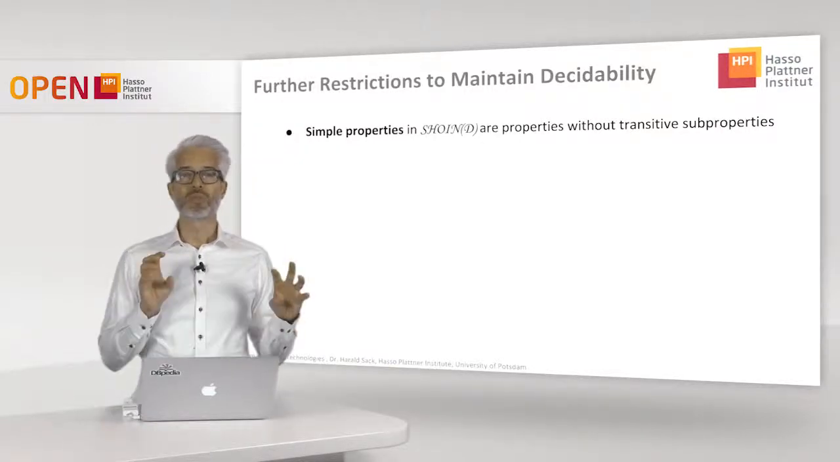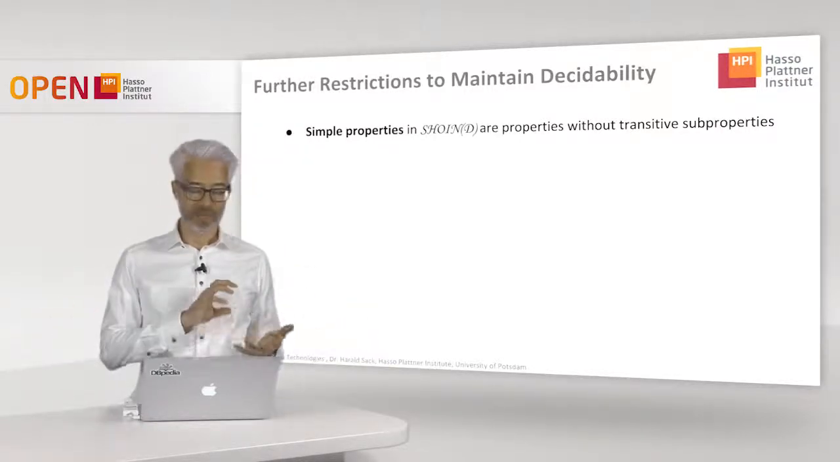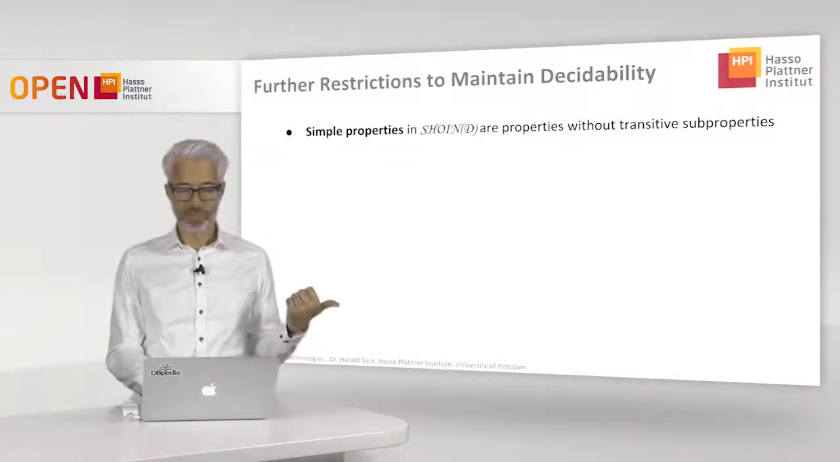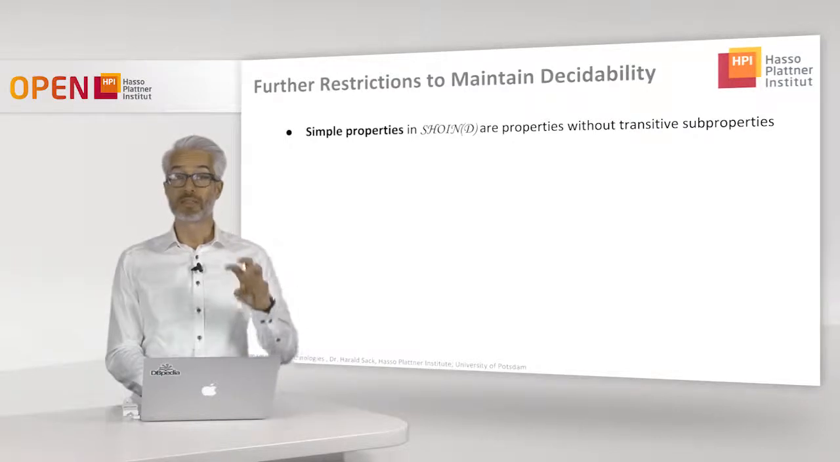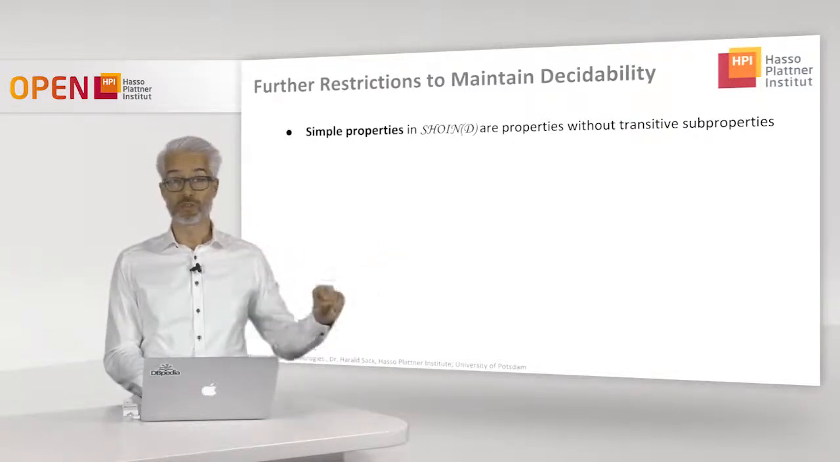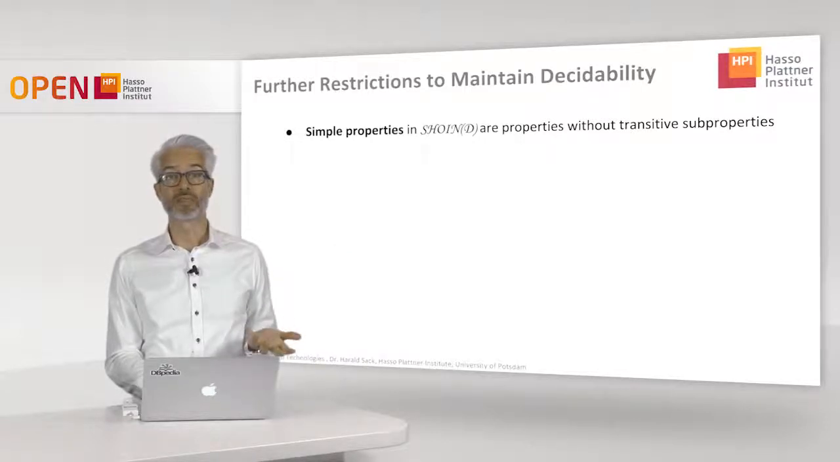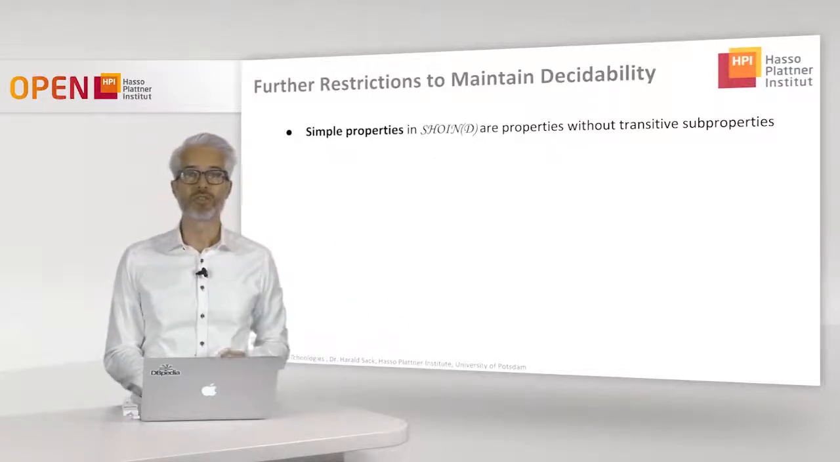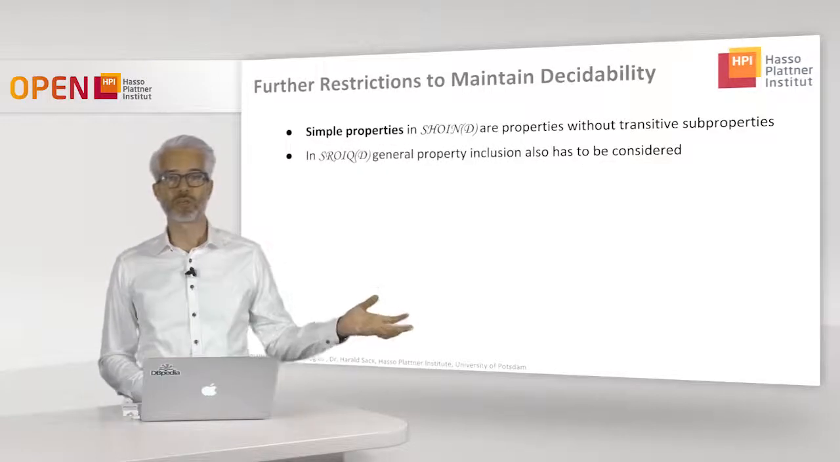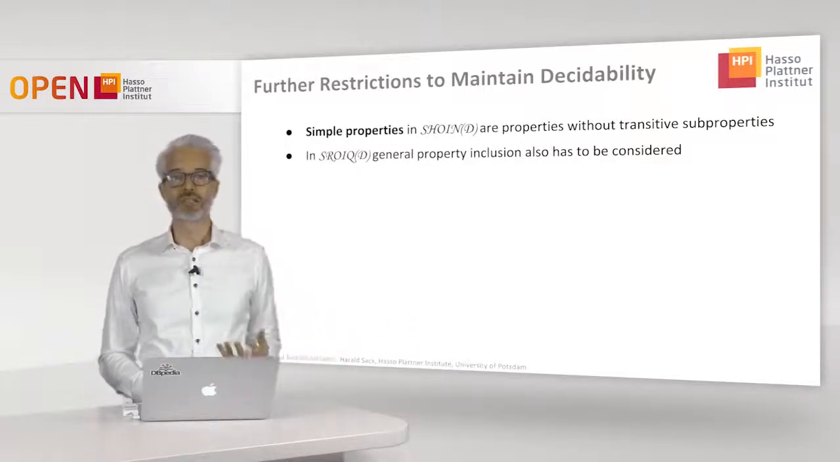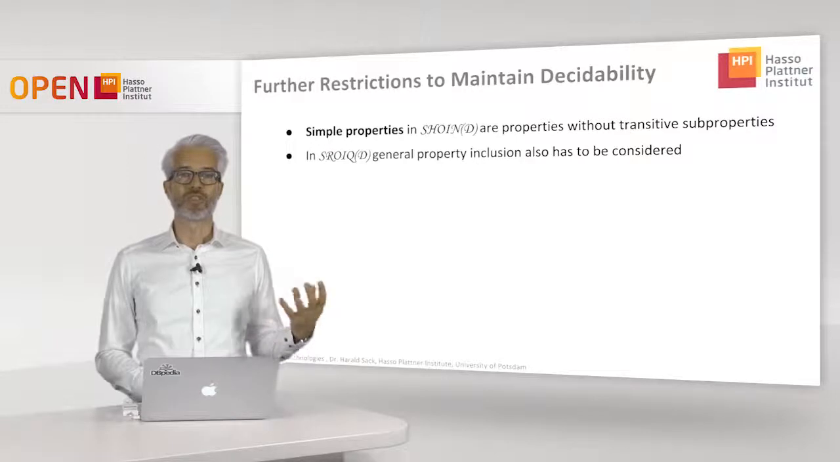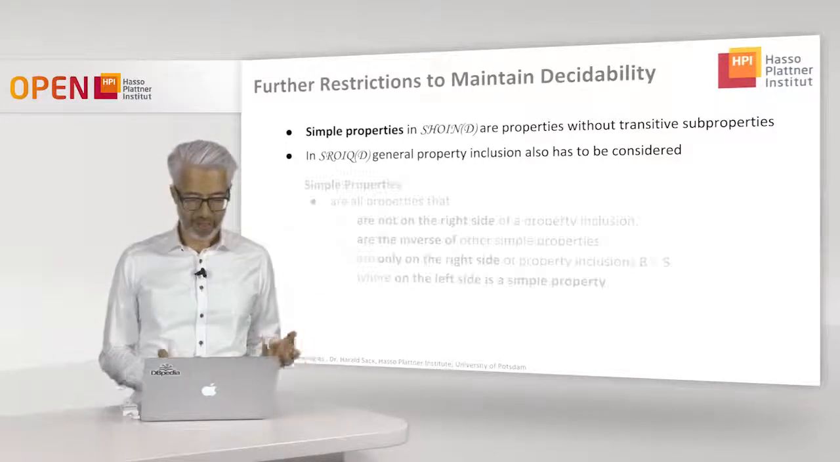So we have to restrict general class inclusions on properties here. For example, first simple properties are properties we are considering for the general role inclusion. In the old version of OWL, simple properties are properties without any transitive subproperties. And in SROIQ, of course, we also have to consider the general property inclusion, in the following sense